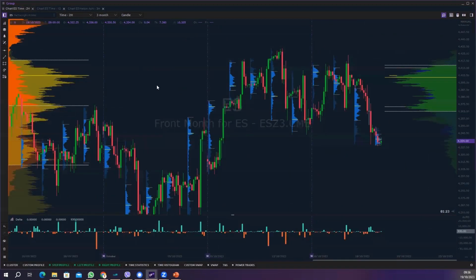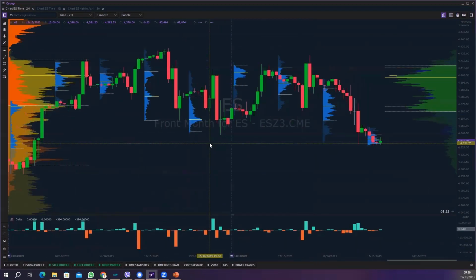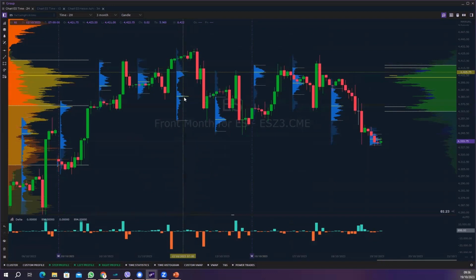Then I'm going back to the 2-hour, and I have also overlaid the daily market profile. And what do we notice? Do you notice something over here? What is this level? 4,418.50. This is an important level. This is a very important level. What is it? This is the value area high on a weekly level, and it is the value area high